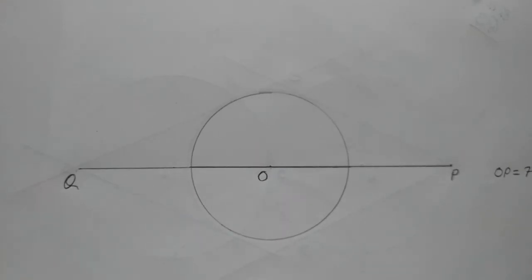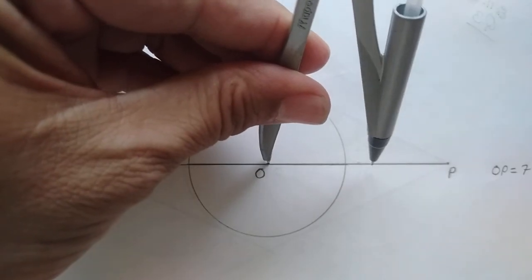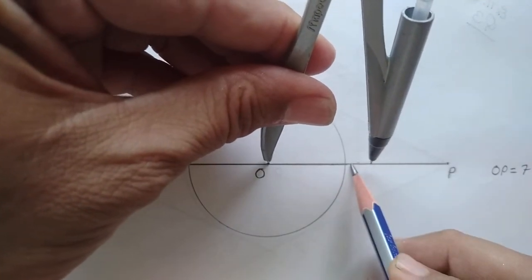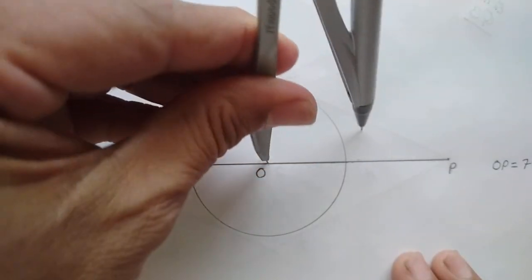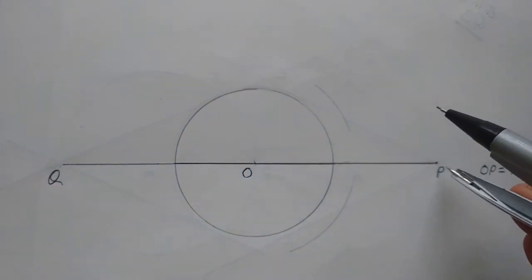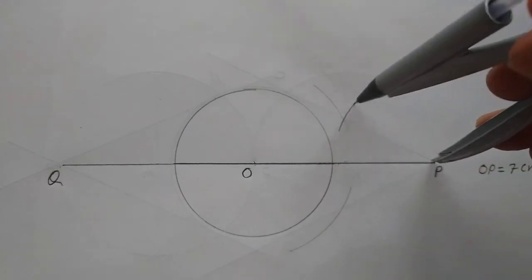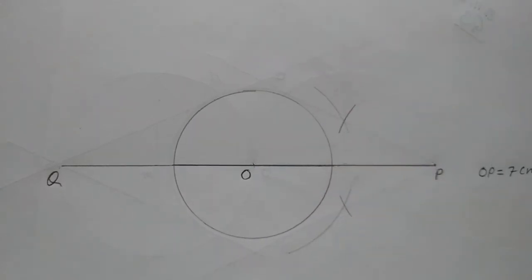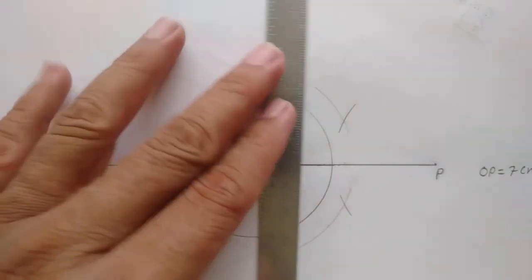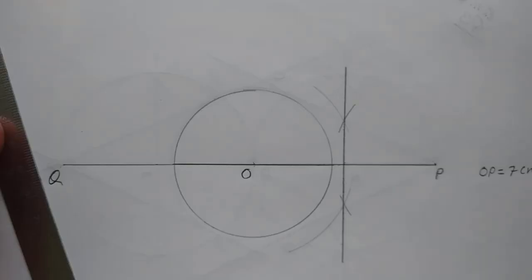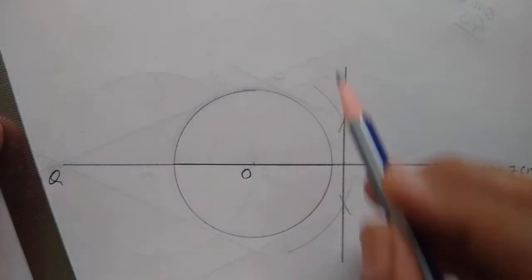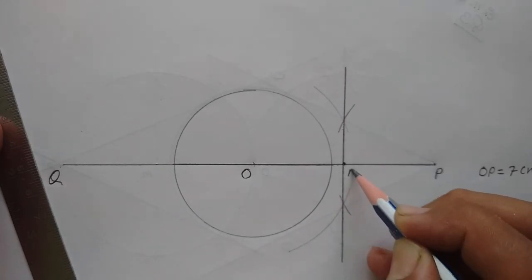Now we will draw two circles. Now children, midpoint will be here somewhere. More than that, this much radius we take. One arc this way, down, from P, draw a line passing through these 2 points. Now children, you may get this arc somewhere here, here. It makes no difference children, don't worry about it.